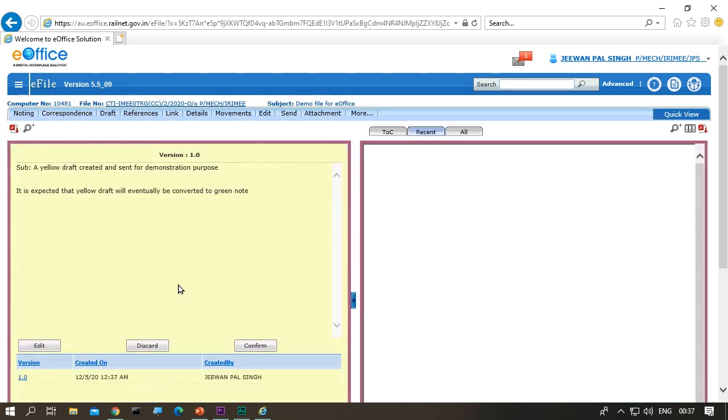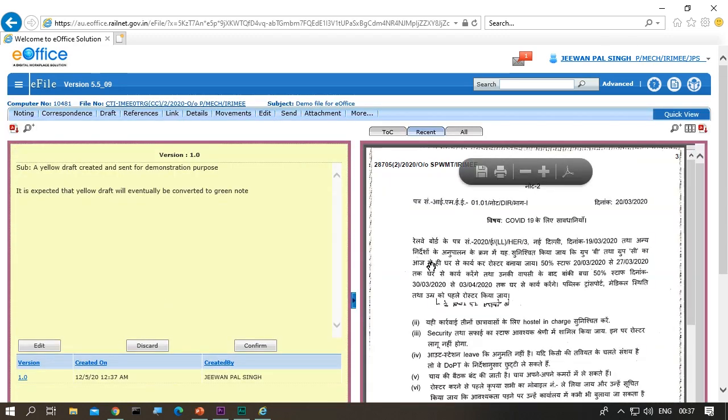Now, the yellow note is attached to the file which was just now created.